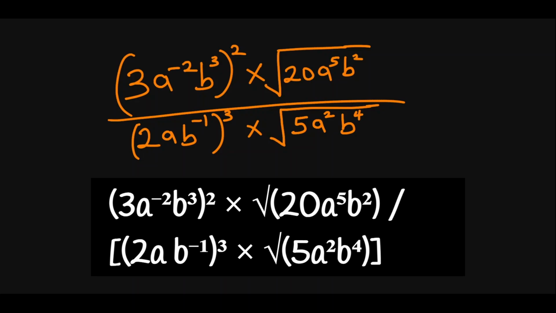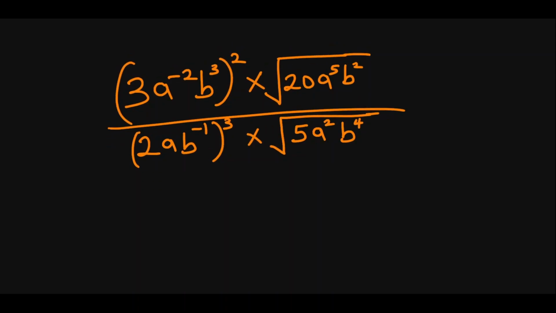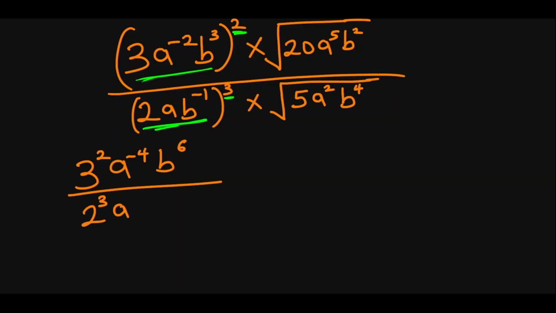So applying some of the laws, starting from the left, these two here belong to everything in this bracket based on the law of power of a product. In the same way, these three here belong to everything in this bracket. Same law, power of a product. So we are going to assign it to them that way. So that will give us 3 to the power of 2, a to the power of minus 2 times 2, which is minus 4, b to the power of 3 times 2, which is 6, over 2 to the power of 3, a to the power of 3, b to the power of minus 1 times 3, which is minus 3,